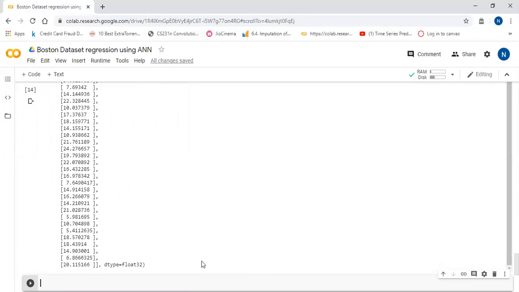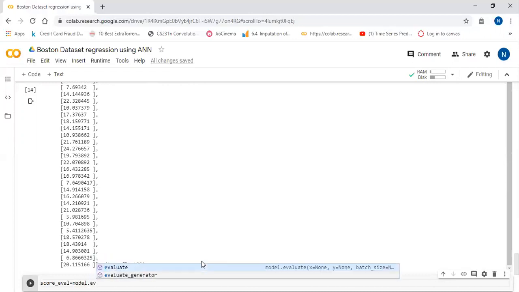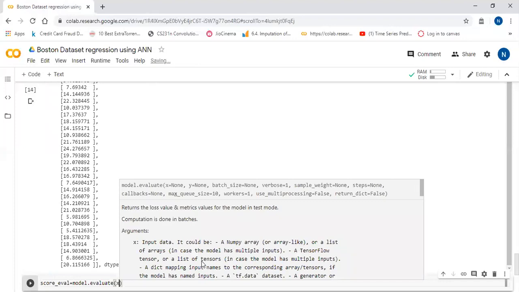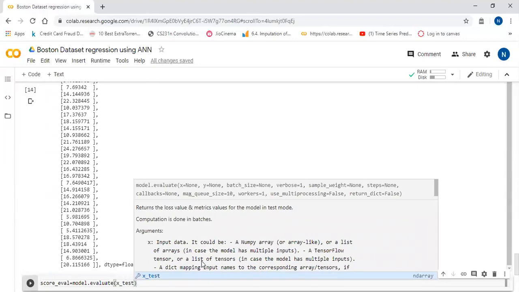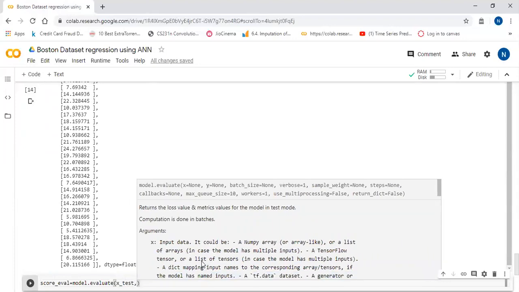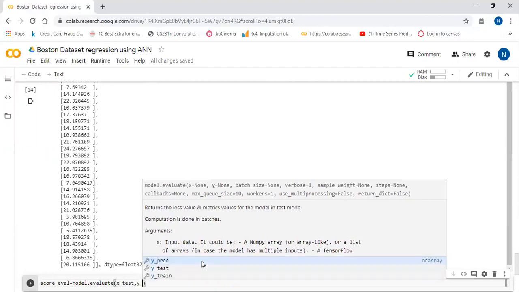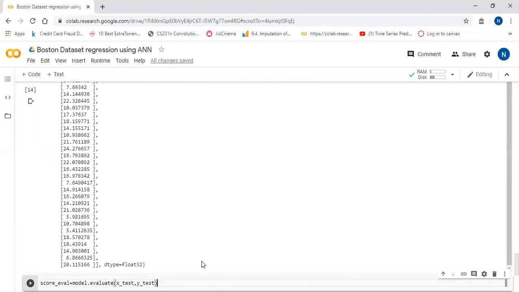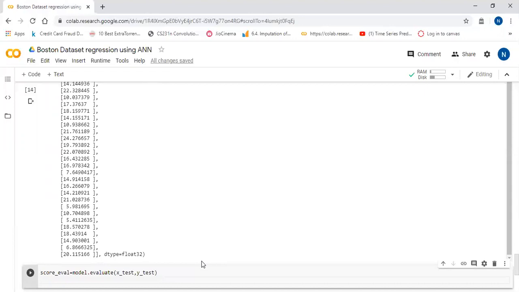So I will say the evaluated score is equal to model.evaluate, with x_test comma y_test. I will print the score.